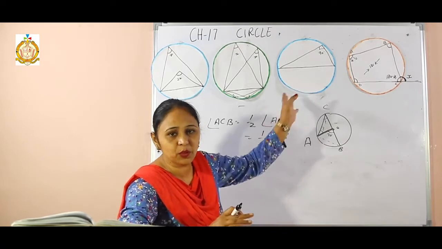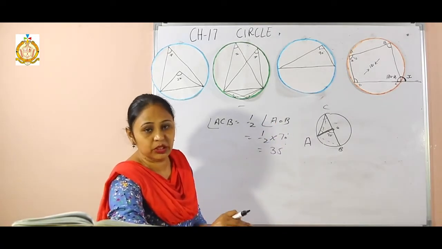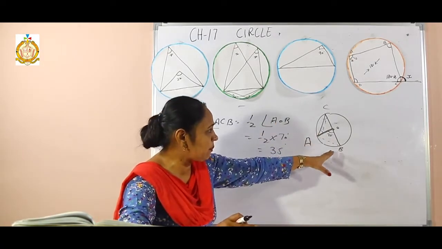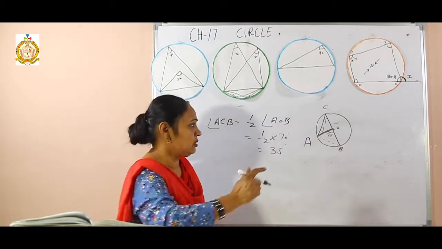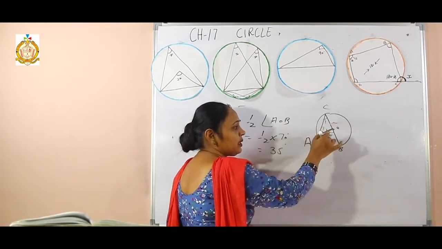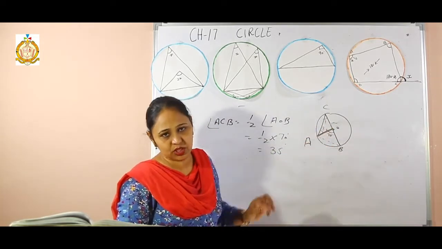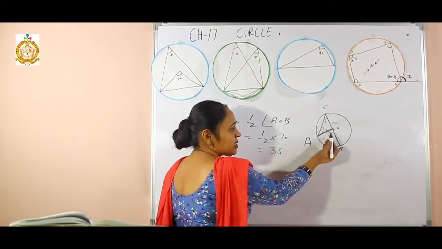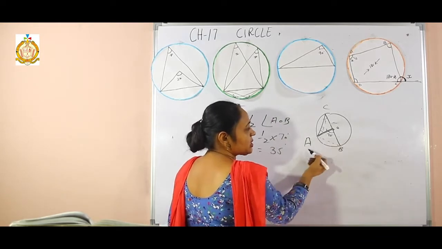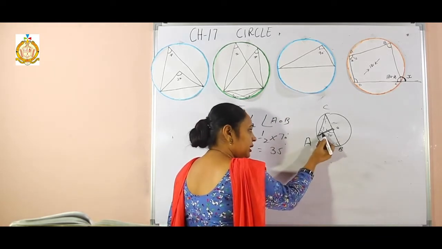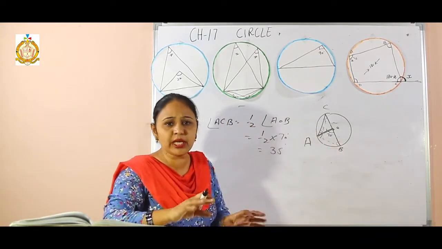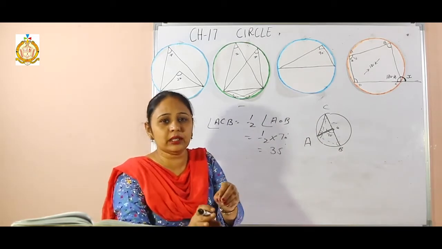Think which property we have to take. We can solve it by taking the property or another way also, because this is my radius, this is my radius. I can use the property of isosceles triangle, or there is given 70 degree, this is the radius, I can find this angle, and there will also be 90 degree. We can use any one. This is not necessary.